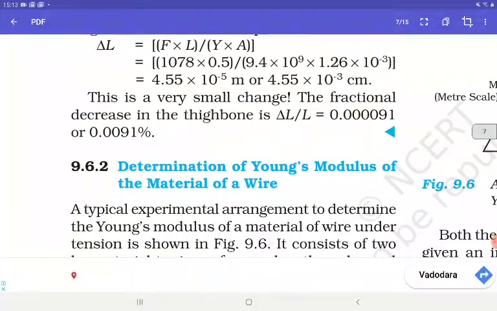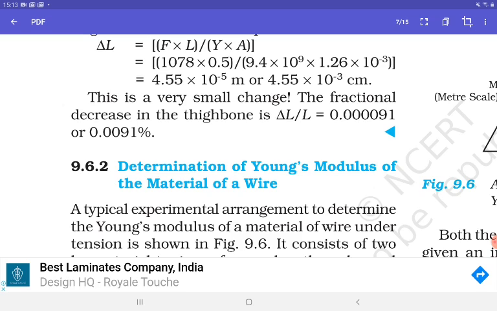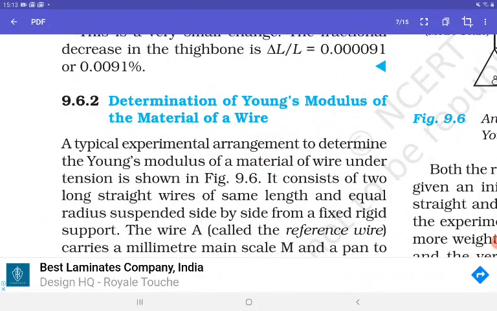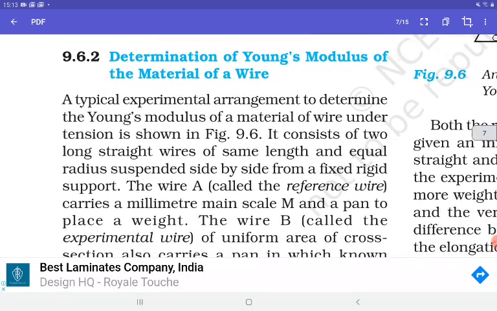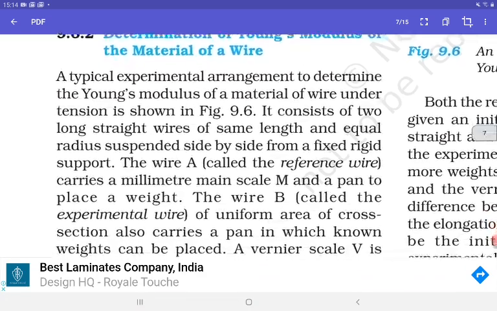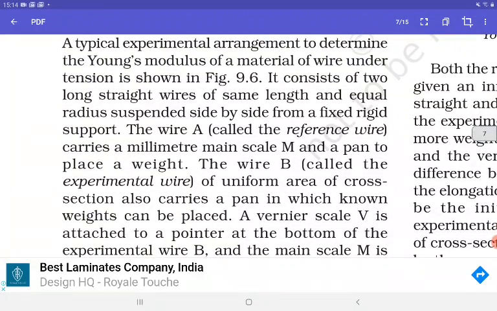Our next topic is determination of Young's modulus of the material of a wire. A typical experimental arrangement to determine the Young's modulus of the material of a wire under tension is shown in the figure. It consists of two long straight wires of the same length and equal radius suspended side by side from a fixed rigid support. The wire A